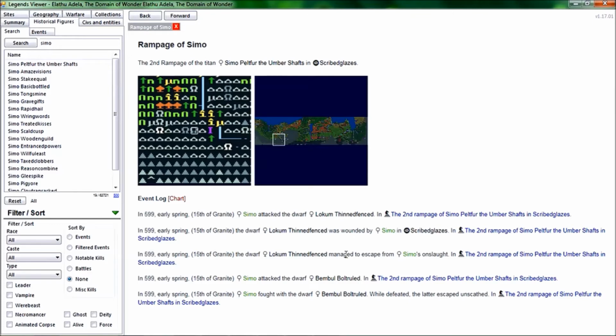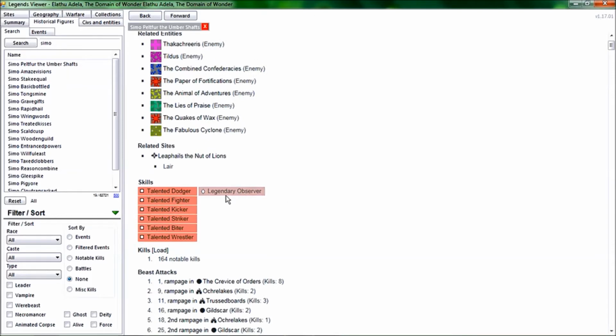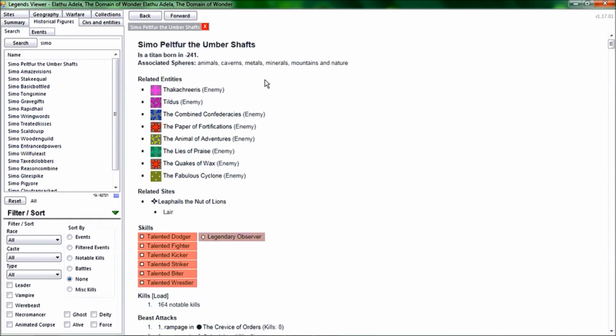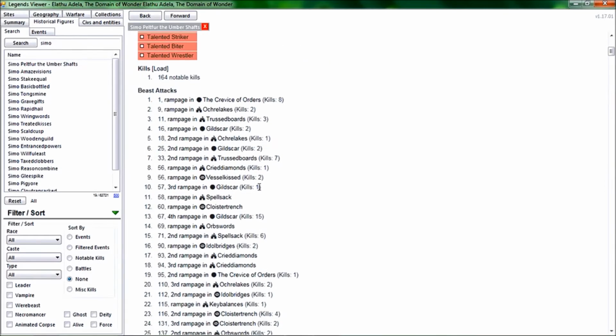Attacked, wounded, managed to escape. Attacked, fought with, well, defeated, escaped. Okay, that's unfortunate. Didn't manage to kill anybody. Legendary Observer, so 3 eyes comes in handy, but Viewer doesn't tell us that this is a serpent either, so it's a bit of a letdown. It's, oh, jeez. So